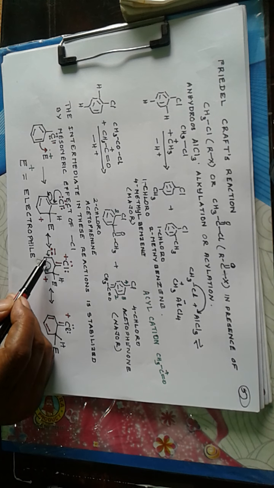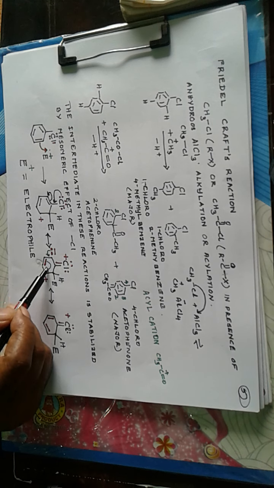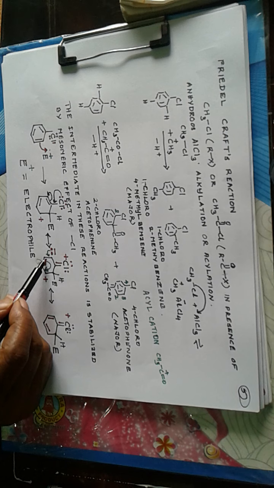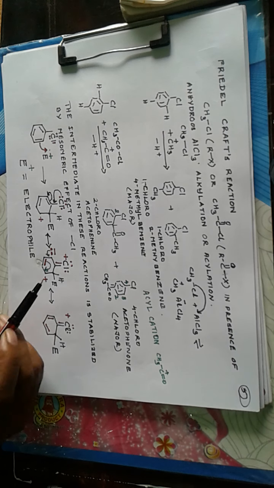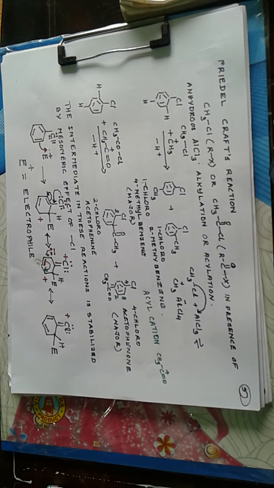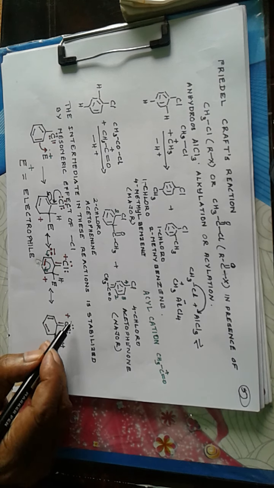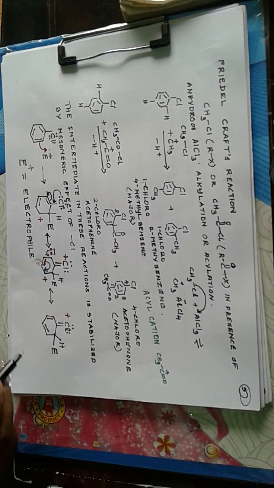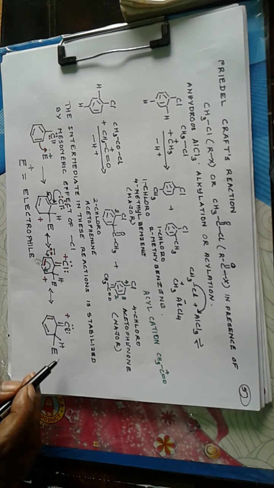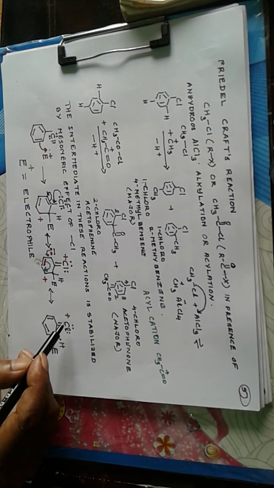In the sense, it forms a bond pair in between these two positions. To maintain the valency of carbon, this pi bond will be shifting in this direction, and when this pi bond is shifting in this direction, one electron is given to this carbon so that its positive charge is neutralized. So we get the stabilized carbocation, where now the positive charge is over